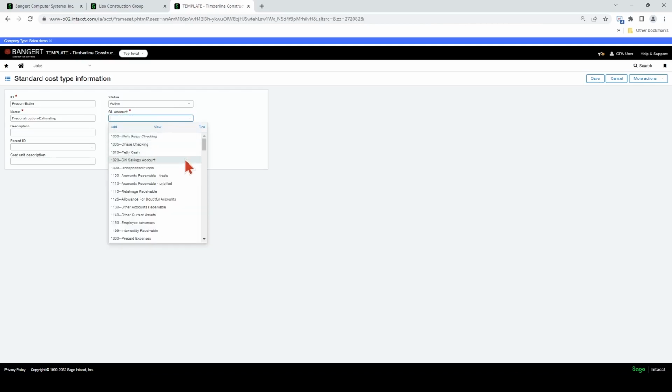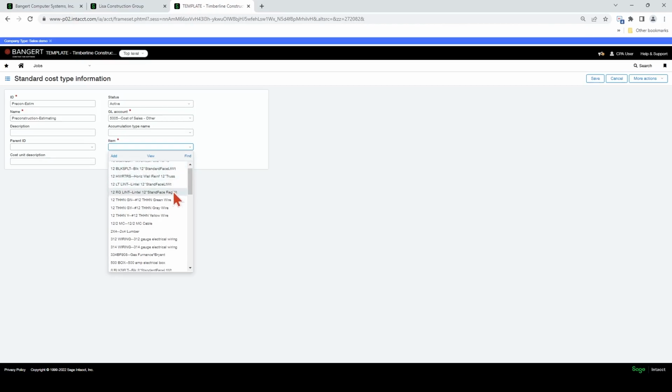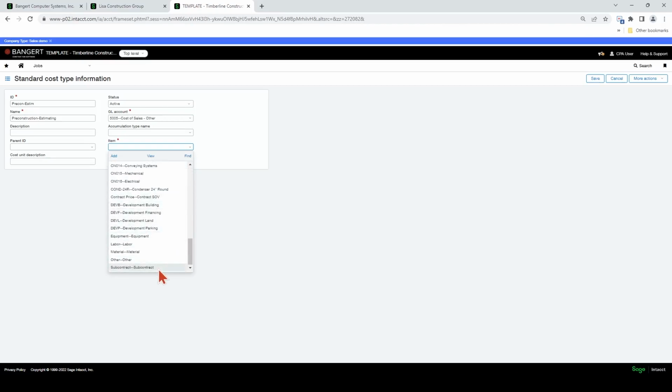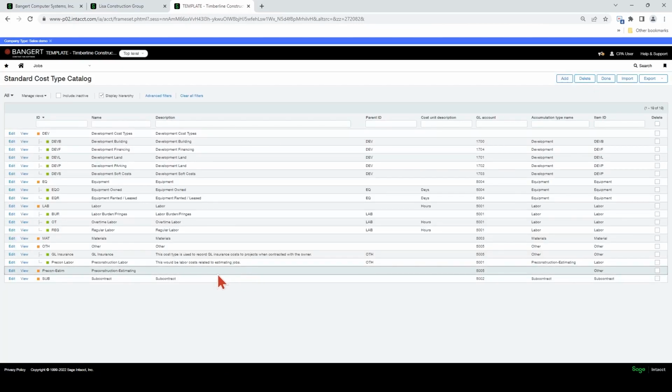Let's pick a GL account. Okay, so there's your pre-con estimating accumulation type that mirrors the category, the orange category.